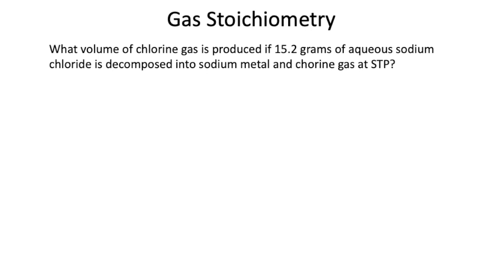We're solving this gas stoichiometry problem, which reads: what volume of chlorine gas is produced if 15.2 grams of aqueous sodium chloride is decomposed into sodium metal and chlorine gas at STP? The first thing we need is a balanced chemical equation. For this problem, we will use the decomposition of solid sodium chloride into sodium metal